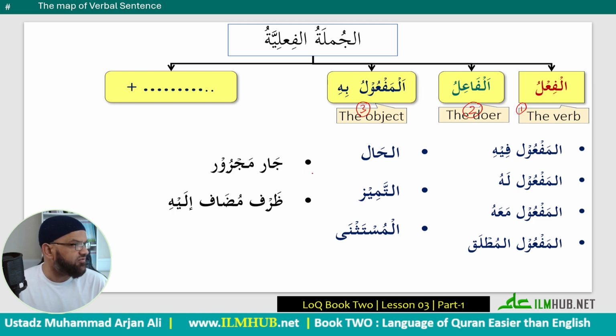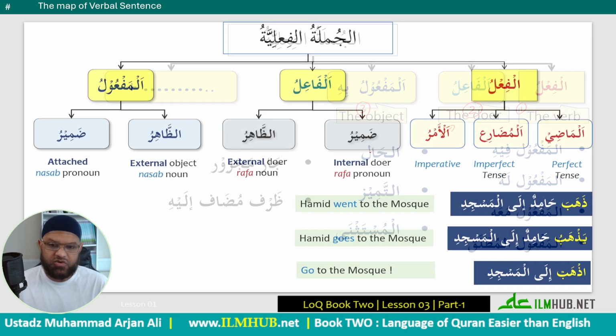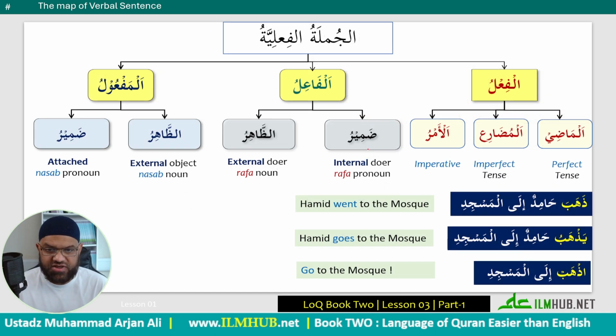So in this lesson, we are focusing on the doer, which is al-fa'ilu, the doer of the verbal sentence, how to recognize it, and more important, how to translate it correctly. And also, if you recall, I did share this slide with you at the beginning in the mapping session, where I mapped out the three big parts, or at least the first two, and we're looking at al-fa'il. And of course, you know that there are three types of verbs. We are starting with the madi.